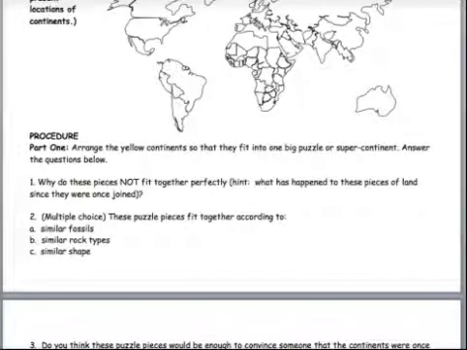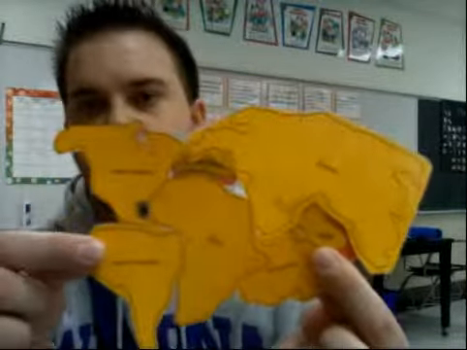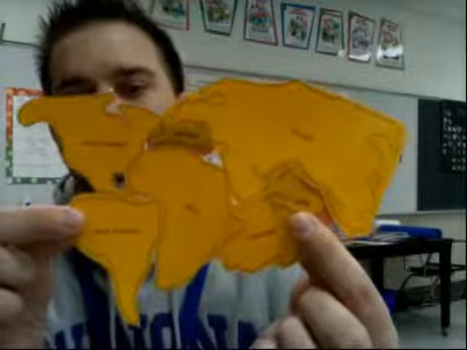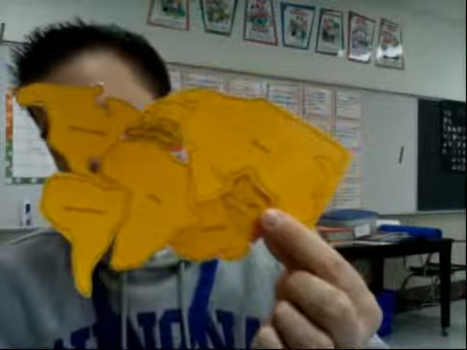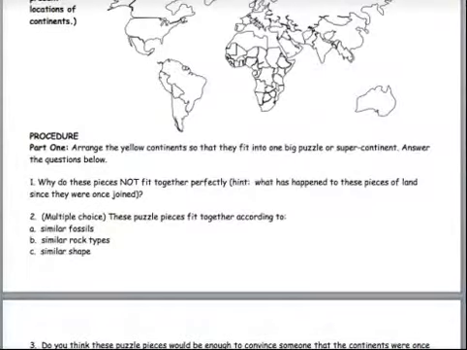So I'll hold this up. You can see what it is. And so here it is. I'm trying to get it in the camera for you. But you can see that it doesn't fit perfectly, but it fits pretty well together. So it's showing all the modern continents or modern land masses, and they're kind of smushed together. So that's for the first part. I think there's 3 questions that go along with it. For the second part,